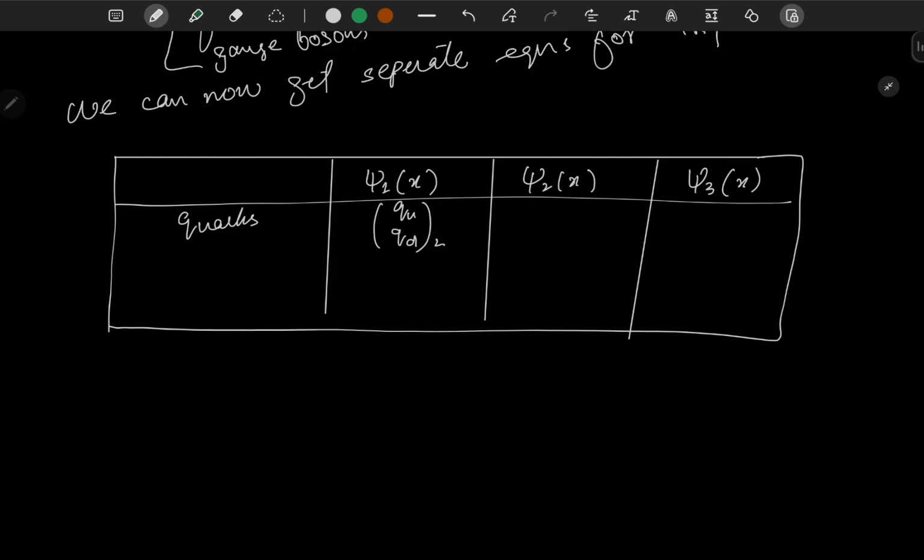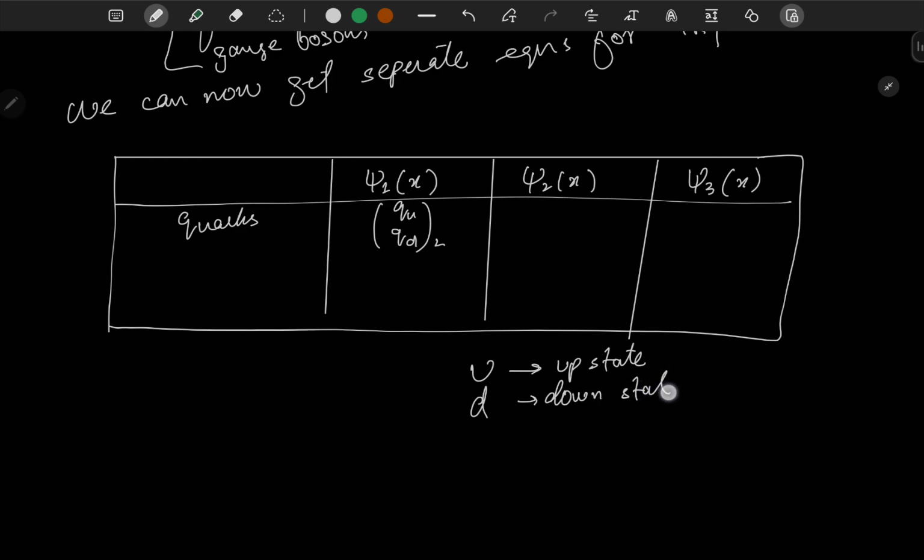One thing to mention here: U and D do not represent up and down quark. They simply represent the up state and